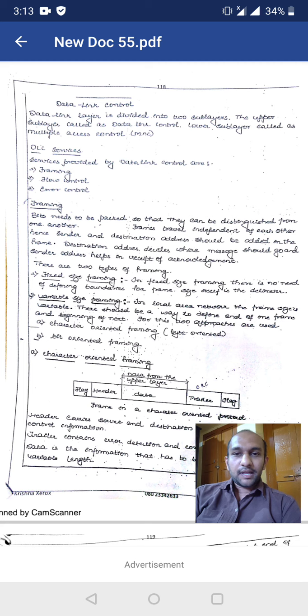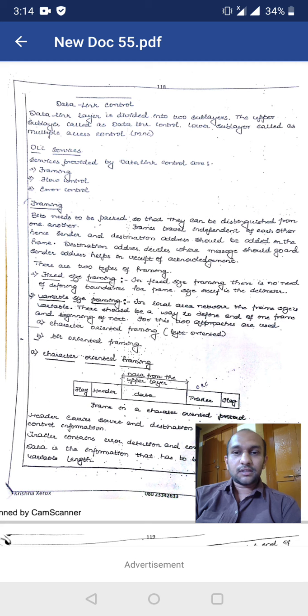Framing means dividing the data into a number of parts and naming each part. Each part is called a frame, and the name given to that part is known as the frame name or frame ID. The next one is flow control, a mechanism where we control the outflow of the source system and the inflow of the destination system. The next one is error control, a mechanism where we implement CRC, that is, cyclic redundancy check. Here we add some extra redundant bits to our data while sending the data from the source system. Now I will explain all these three services in detail.